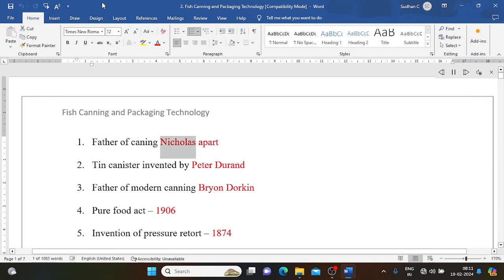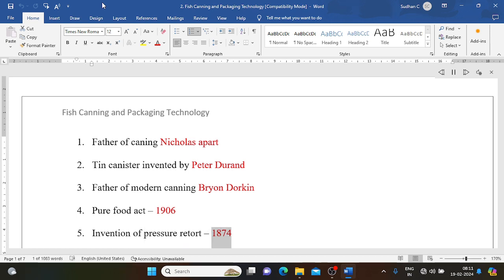Father of canning: Nicholas Appert. Tin canister invented by Peter Durand. Father of modern canning: Bryan Donkin. Pure Food Act, 1906. Invention of pressure retort,